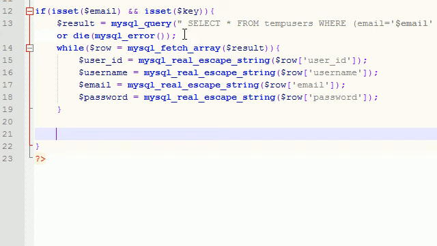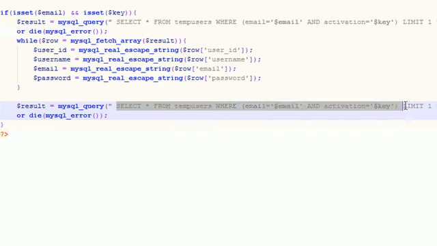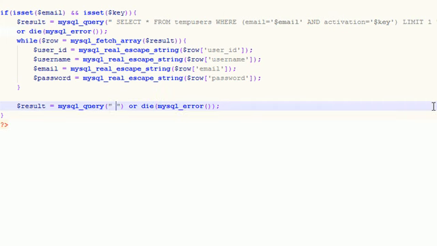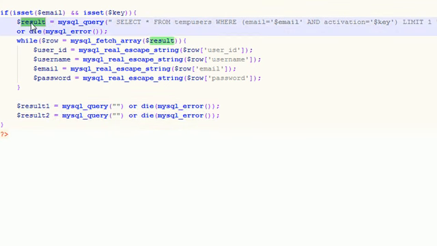Actually, what I'm going to do is cheat just a little bit and copy this twice. Bang. Set that up right like that and do another one right here. Now I'm going to name this one result 1 and result 2, because of course we already have a variable named result, and the first result is going to be responsible for taking the information and inserting it into the permanent users database. So in order to do that, just write the query